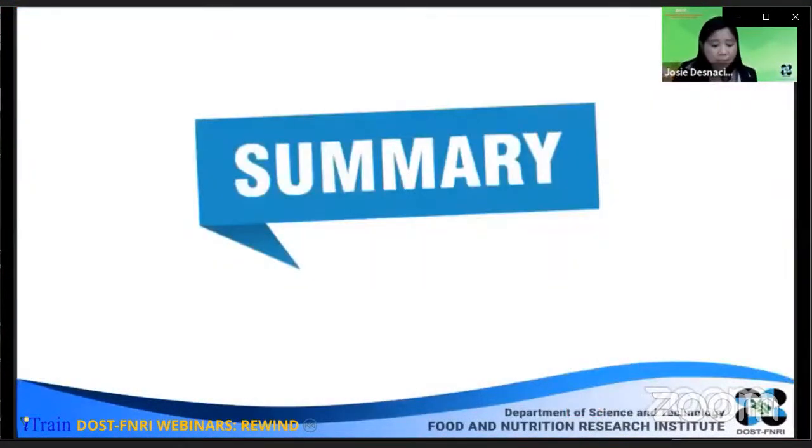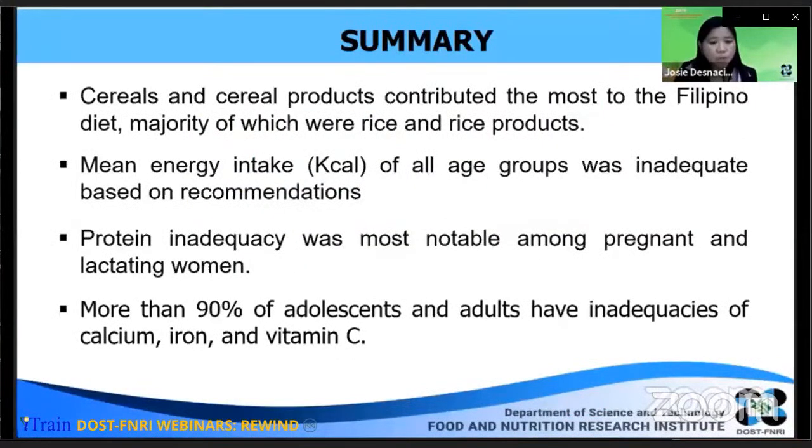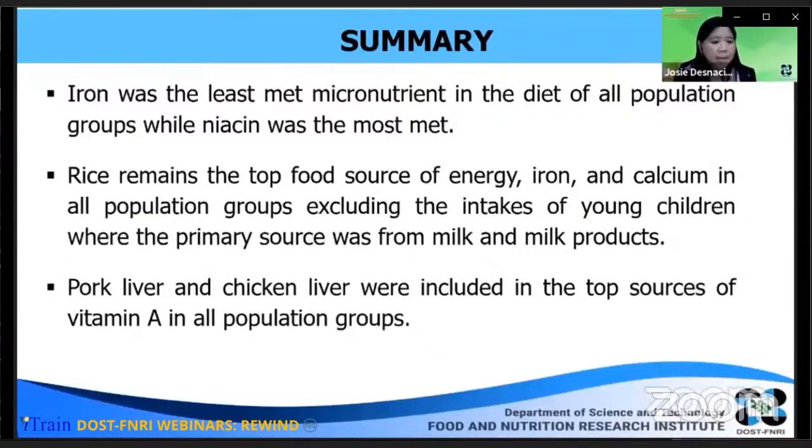Okay, so in summary, cereal and cereal products contributed the most to the Filipino diet, majority of which were rice and rice products. The mean energy intake of all age groups was inadequate based on the recommendations. Protein inadequacy was most notable among pregnant and lactating women. More than 90% of adolescents and adults have inadequacies of calcium, iron, and vitamin C. Iron was the least met micronutrient in the diet of all population groups, while niacin was the most met. Rice remains the top food source of energy,